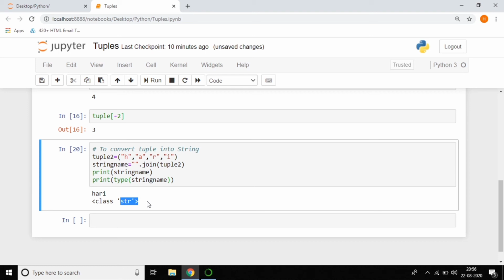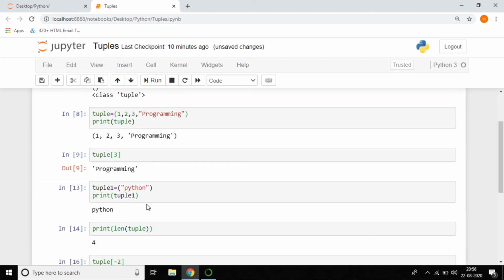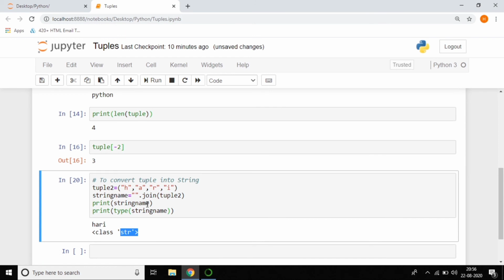I hope it was very clear. It's a very short explanation about tuple. It's the same as list, but the only difference is it's unchangeable. Once you create a tuple, we can't add items to it, so you need to create a new one. We are having two methods in tuple, called index and count.